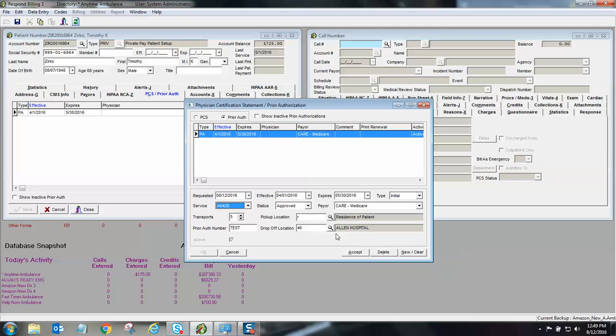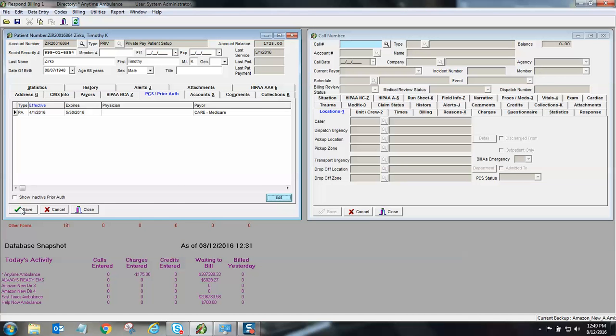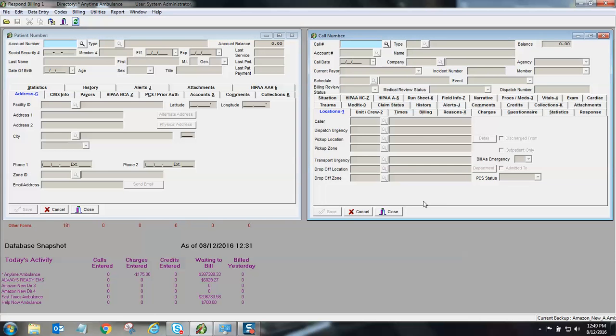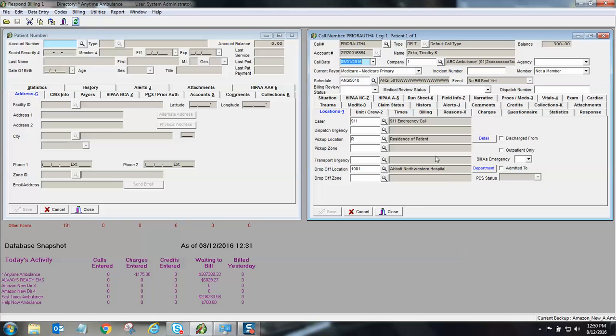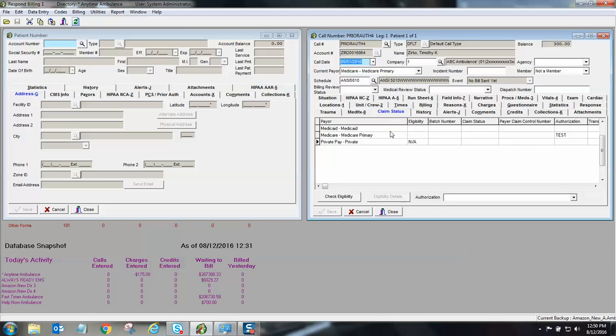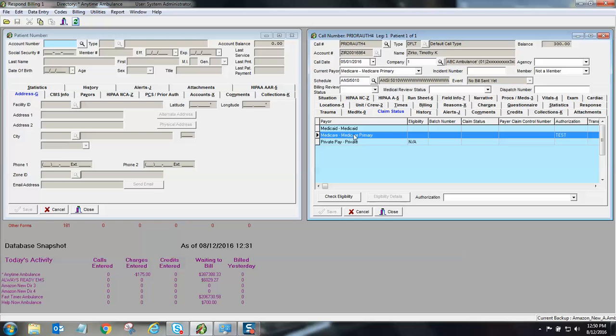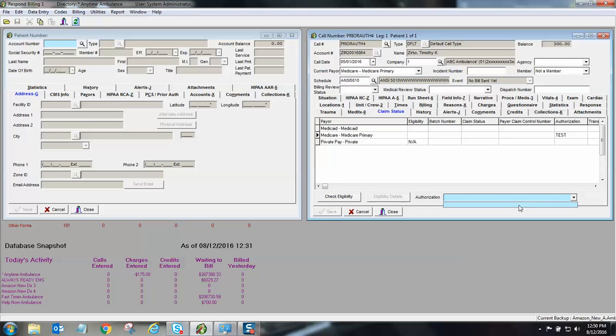So I made some changes here. I'm going to accept those changes, hit OK, make sure to save the patient. I can come over here and refresh my call. On my Claim Status tab, I'm going to select my Medicare payer. I'm going to see the old data there, and I'm going to try to put on a new prior auth, and it's not there. That is because over here on my